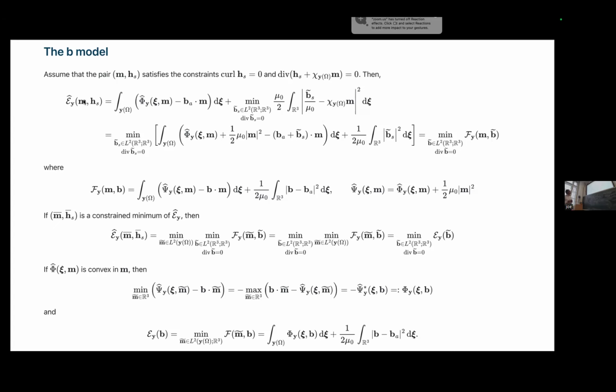And then I say, okay, but if now I want to minimize this, I am essentially performing two minimizations. And I can somehow invert the order of the two minimizations. And I end up with a minimization over a functional that depends only on the magnetic state variable B. And the advantage of this approach,